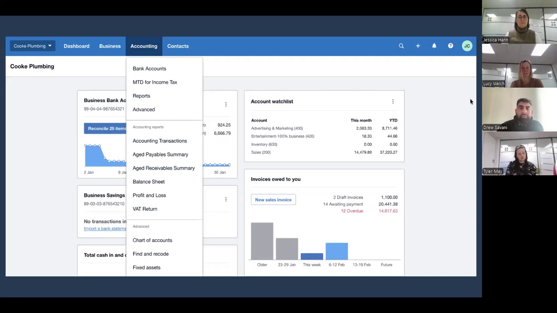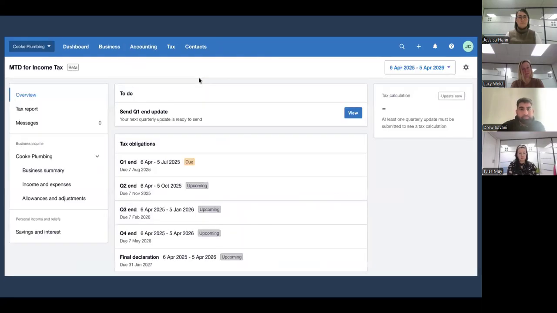So what we have is a tax menu that sits in this blue banner at the top, which currently is not displaying. From there, we have a making tax digital for income tax option. Once the connection to HMRC has been established, which the team at Bevan Buckland will be doing and assisting you with, this is the overview screen that effectively will help manage the submissions and the final declaration.